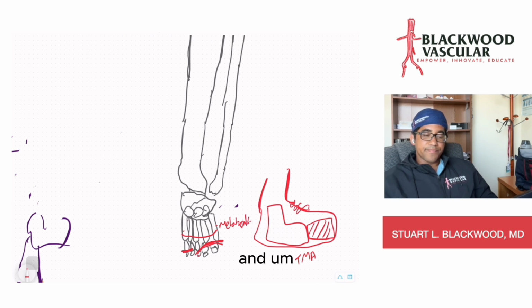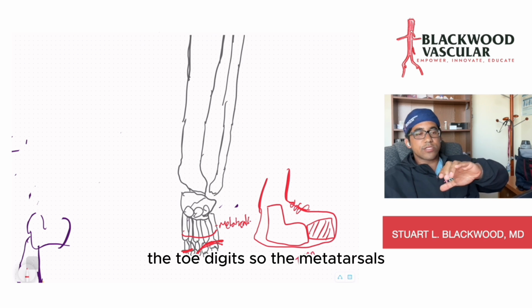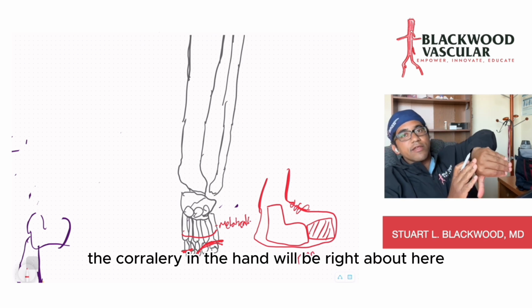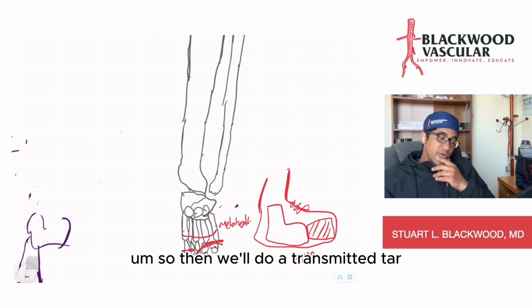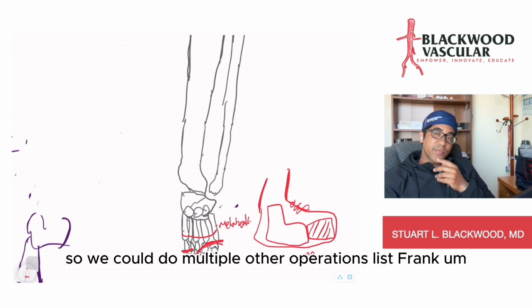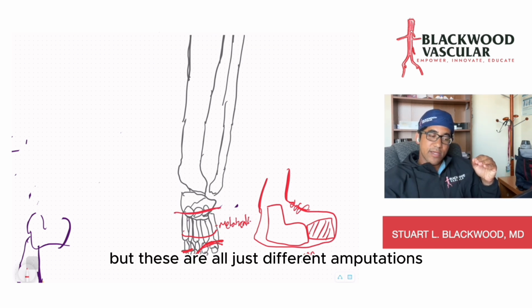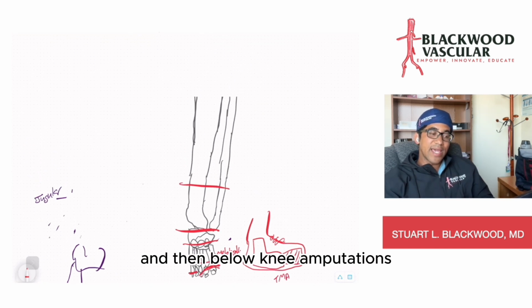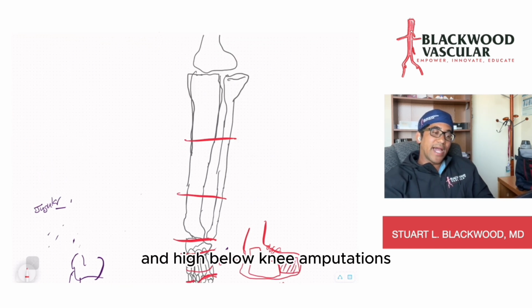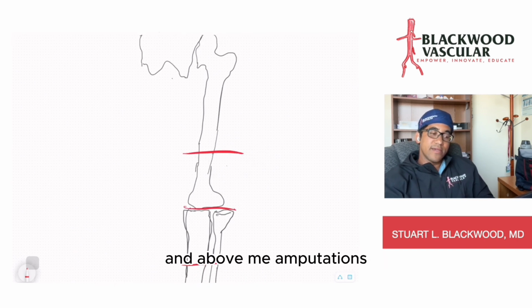And those are the bones that connect and move the toe digits. So the metatarsals, the corollary in the hand would be right about here. So then we'll do a transmetatarsal. We could do multiple other operations, Lisfranc, Chopart amputations. Those are more rare, but these are all just different amputations, deciding on which level. Symes amputations, and then below knee amputations, and high below knee amputations, and then through knee amputations, and above knee